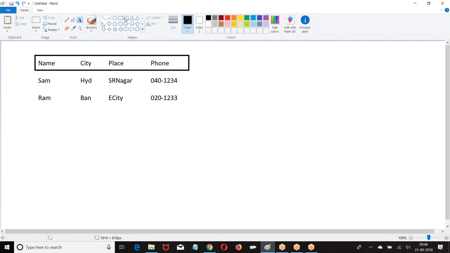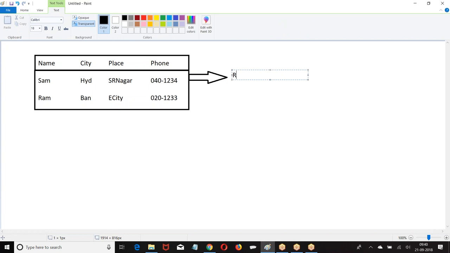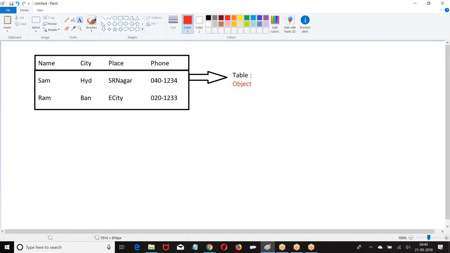This is the data. In a regular database, you create a table and save the data. What are we calling this table? You call this a table, and in Salesforce we call it an object.